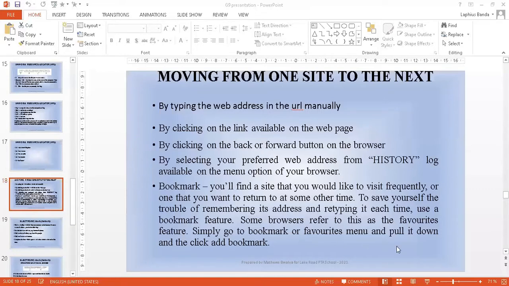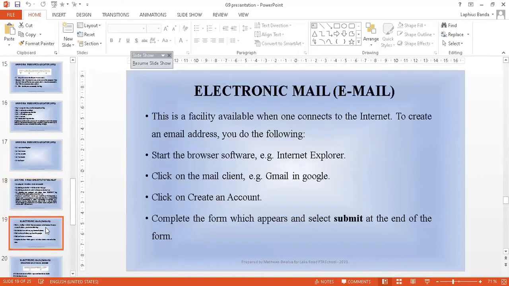Yes. Okay, so that's about moving from one site to the other. So if you are moving from one site to another, these are some of the things you will be using. I guess I gave you these notes. Otherwise, I can send this same PowerPoint in your group. And making progress,